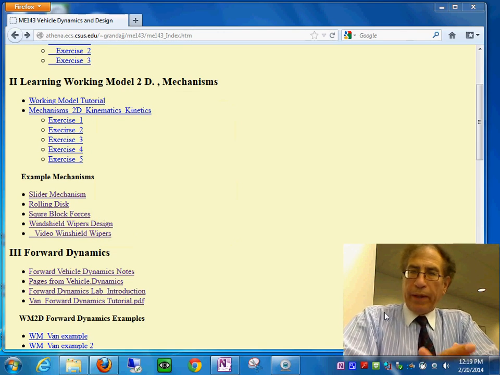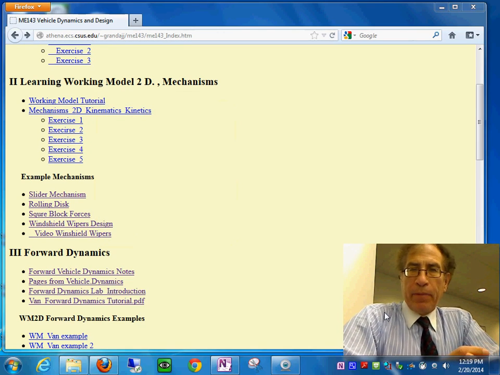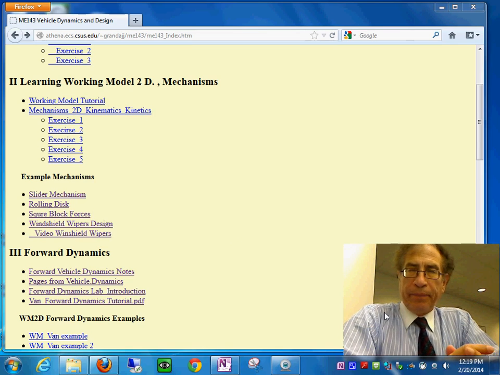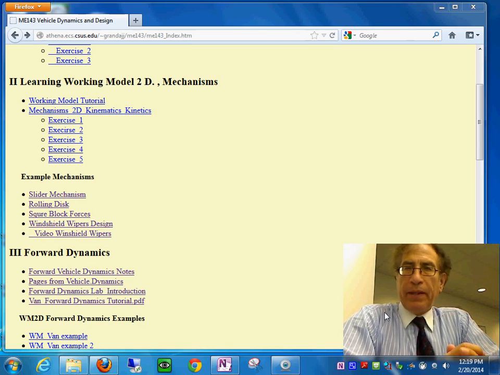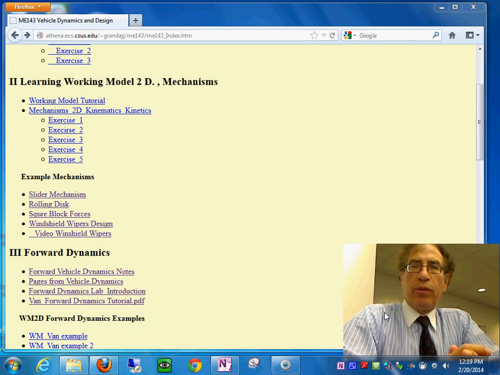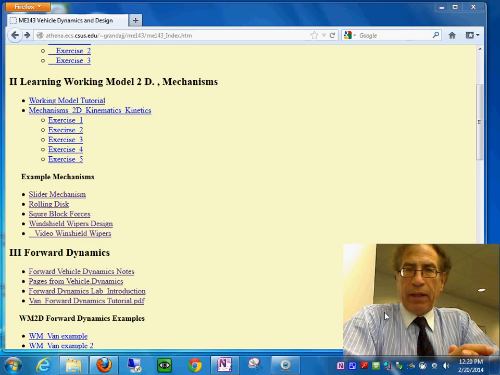We're going to look at several applications of Working Model 2D that I consider basic so that we can move on to using them for vehicle design. So let's take a look at some of these examples that I have worked out, and let's start